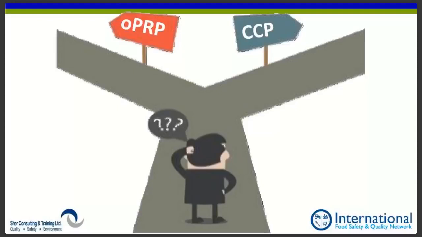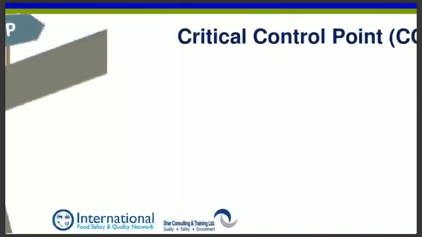And when ISO 22000 came out, they stayed CCPs, but some organizations thought maybe that's what they mean by an OPRP. And there was confusion. What they did in the new standard was they tried to clear up that confusion and made it even more confusing. And I think that's unfortunate. Instead of sticking with the original meaning of an OPRP, what the writers of the new standard did was give in to the people who interpreted it wrongly and now made it official. So I'm going to explain that when we get to it. I'll give you an example.